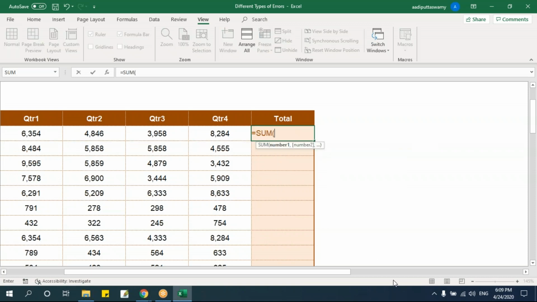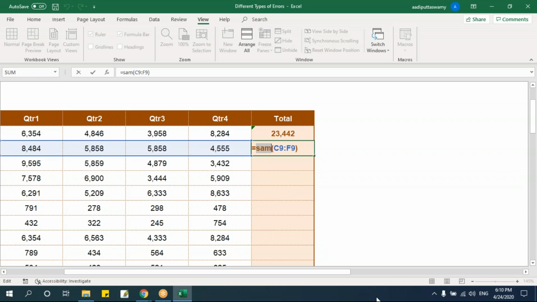Or let's say I'll use this SUM and I'll select this, say enter. See, I'm getting the result. Now instead of SUM, I would have given SAM, and I'll select this. This SUM is available in the Excel formulas, but this SAM is not available. So it is giving me a question mark saying what is that function name you're trying to find. This function name is not there in my library.